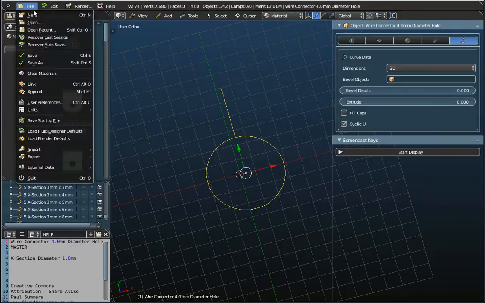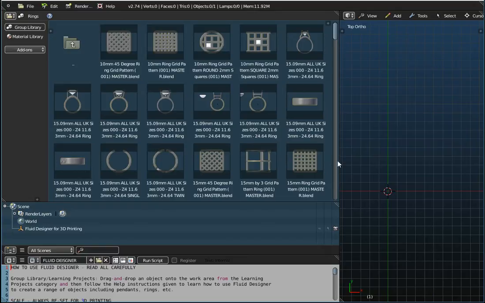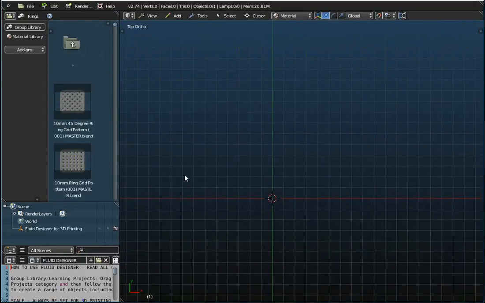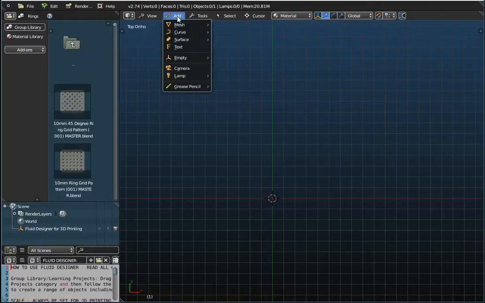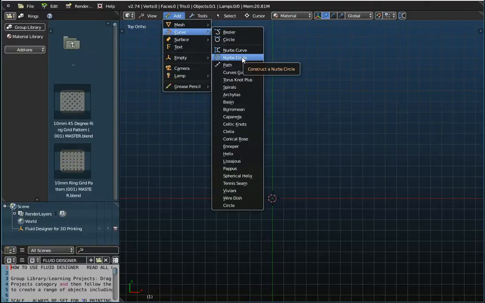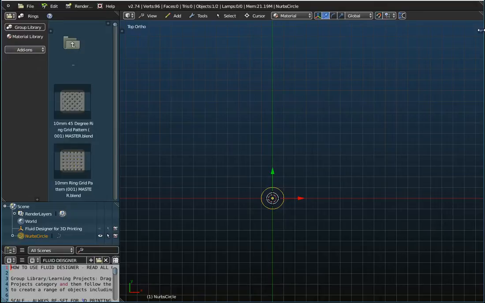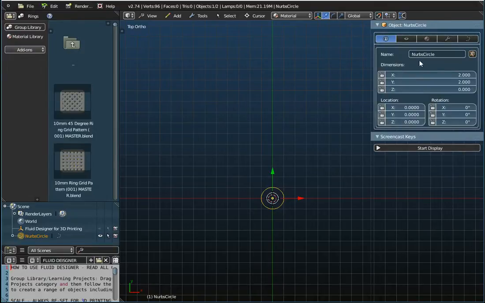So if we just go to File and New, and we'll just move this panel back there. So what do we want to do? Well, we want to add a NURBS circle. Now if we just open up the Properties panel, we're going to call this a 5mm connector, and what that means is that the internal diameter, when there's a thickness of 1mm put on it, the internal